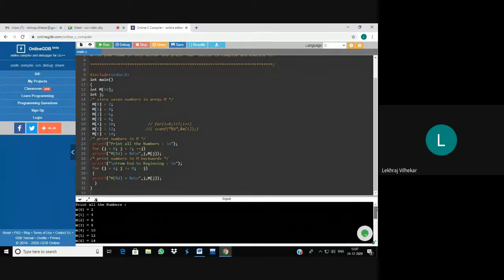The value of m0 is equals to 2, m1 is equals to 4, m2 is equals to 6, m3 equals to 8, 10, 12, 14, and after that in the backward direction from end to beginning. So we have started our j from 6, j is greater than or equals to 0, and we are decrementing the value of j. So 14, 12, 10, 8, 6, 4, 2, like this. Okay. So in this way we can do it.